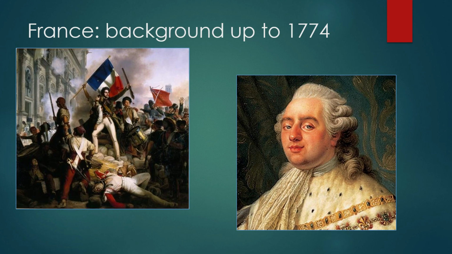Now, long before the revolution is ever going to occur, France has been ruled by the Bourbon monarchy since the 13th century. And this era is called the Ancien Regime, or the Old Order in English. Now, French society has been split up into three very clear estates. You may have heard of the lower class, middle class, and upper class. In France, in this era, it's a bit different, a bit more complex in its structure. But generally, we can summarize the three clearest estates as the first, that's the clergy, the second, the nobility, and the third, the peasantry, or pretty much everyone else outside of the monarchy's royal circle.